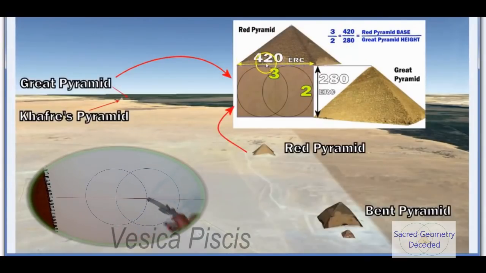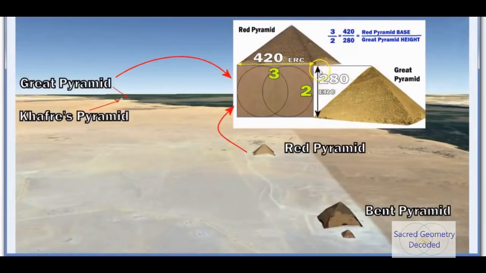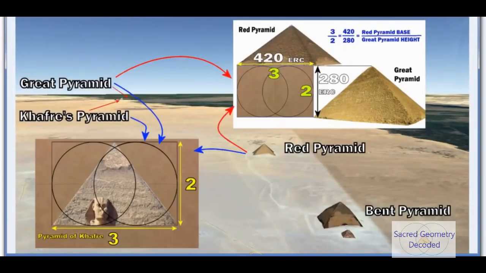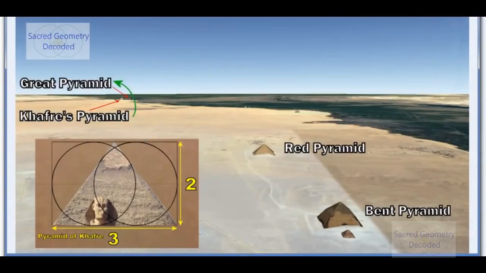The base of the Red Pyramid at 420, and the height of the Great Pyramid at 280 Egyptian royal cubits, ERC, just for reference, creates, as we see, a 3:2 ratio. Now what's interesting is that Khafre's Pyramid, the base to the height, is at a 3:2 ratio as well. So we start to see some of these connections that join in there. We're going to get to the Bent Pyramid towards the end, but just as a recap of the earlier episodes, Khafre's Pyramid and the Great Pyramid are also joined through the Vesica, but more specifically